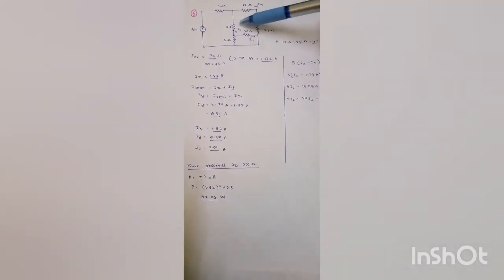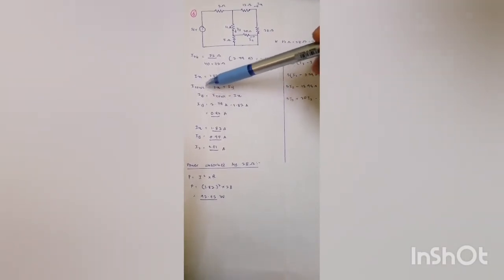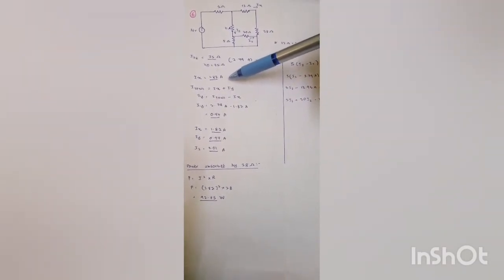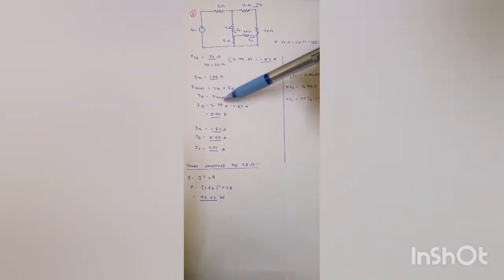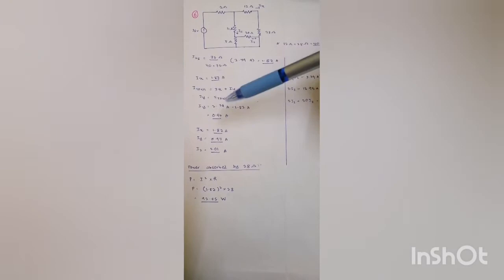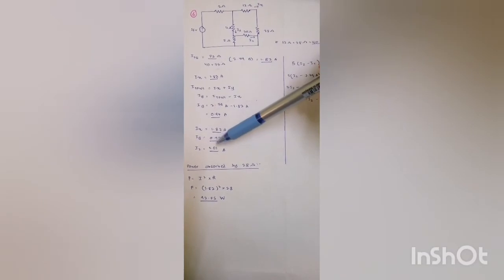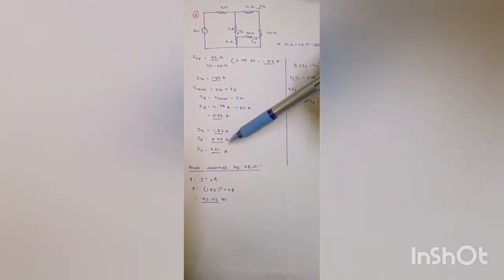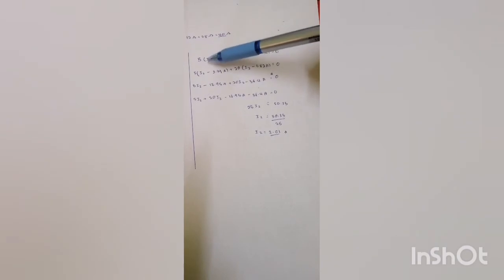I want to find this Iy, so I use this formula, I total equals Ix plus Iy. So I will get Iy equals 2.79 ampere minus 1.82 ampere, and I will get 0.97 ampere. So that means that Iy equals 0.97. And for the Iz, I use this formula, 5 bracket Iz minus Iy